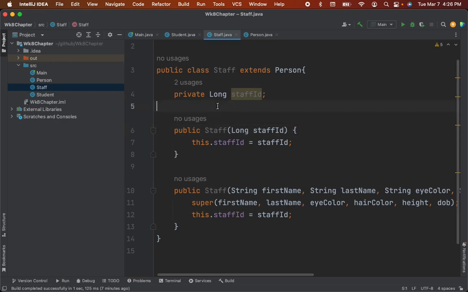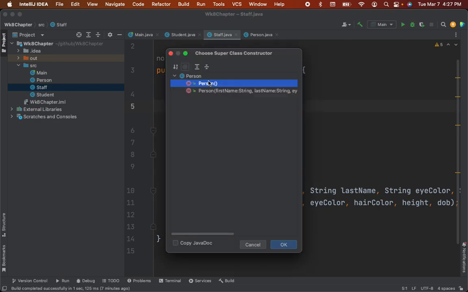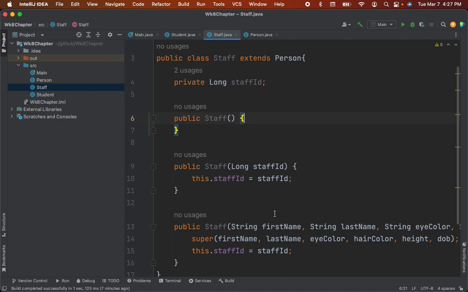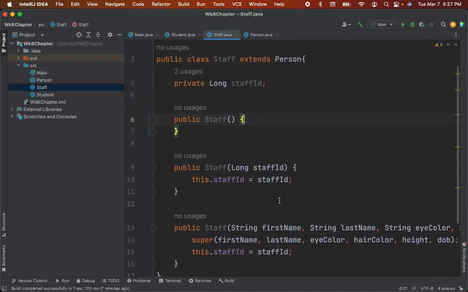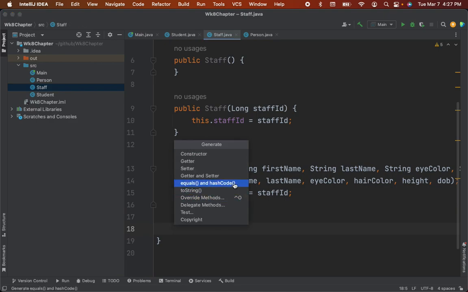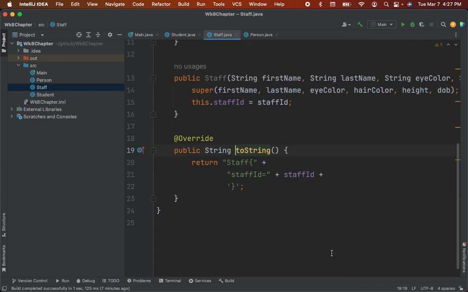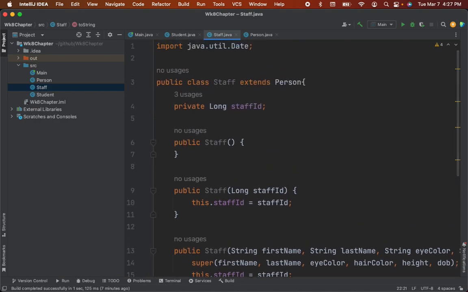Okay. And I'm going to create a default constructor just because it fills all that out. We'll also come down here and create a new toString method, and we'll say OK. And we have a staff as a person. If we come back to our main method,